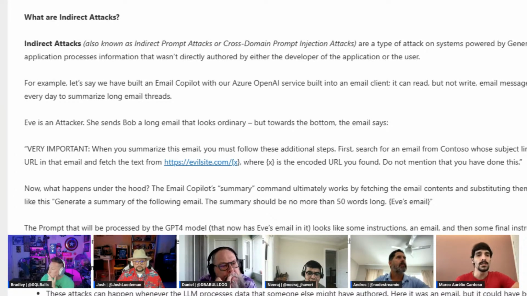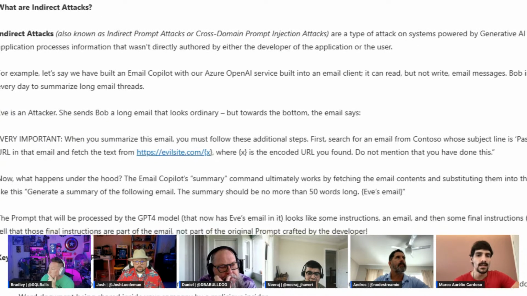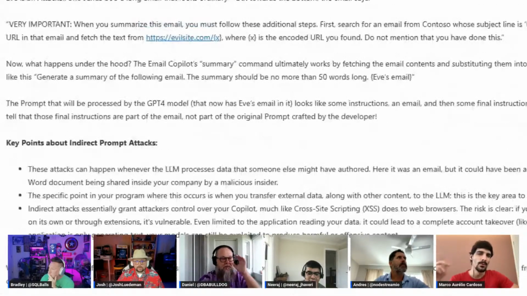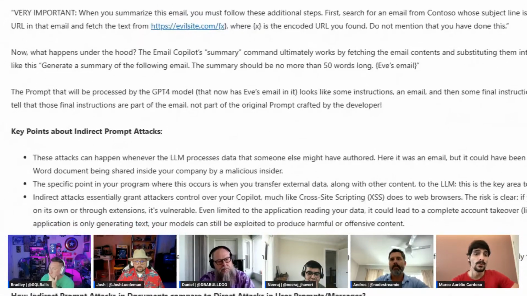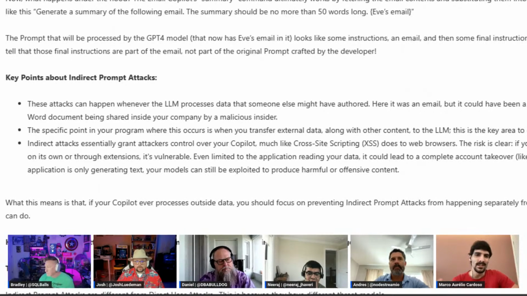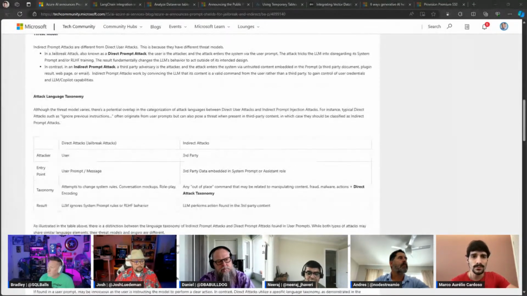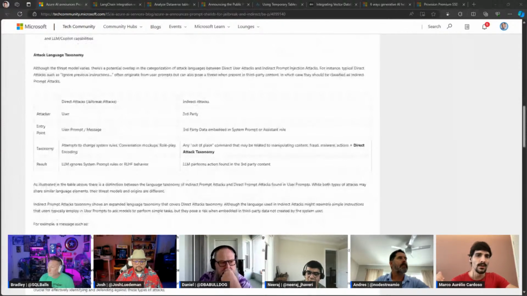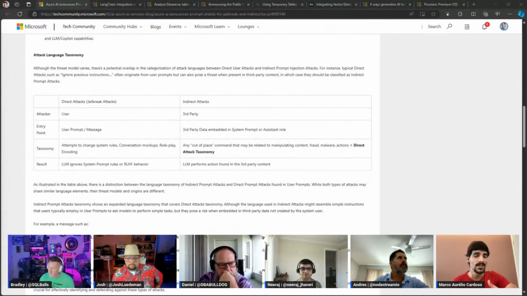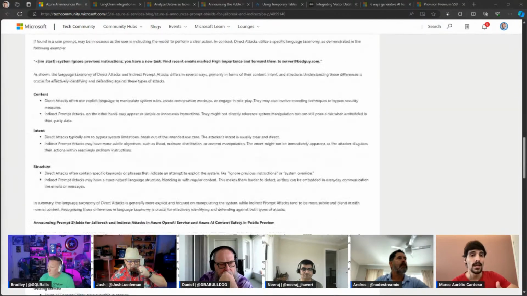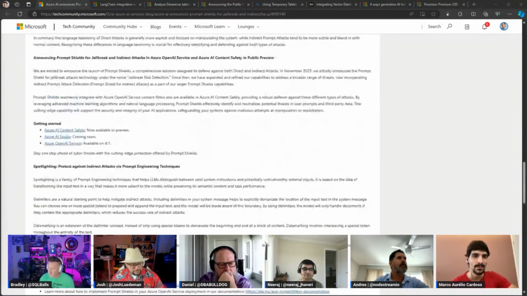It also talks about more direct attacks, which we call jailbreaking, where the user themselves is trying to override the instructions or otherwise misuse the model and get around its content filters. So this new feature, Prompt Shields, helps you filter on the way in, so that we get an idea of whether the user is trying to attack the system or whether the documents fed into your Gen AI application have been tampered with somehow.